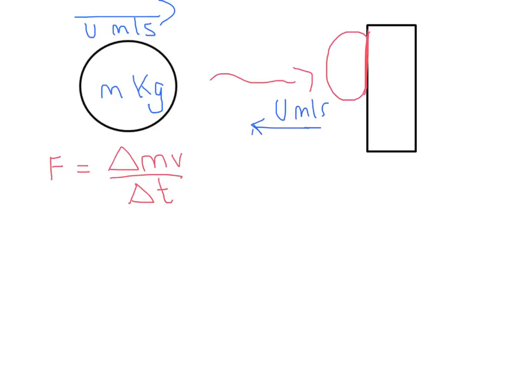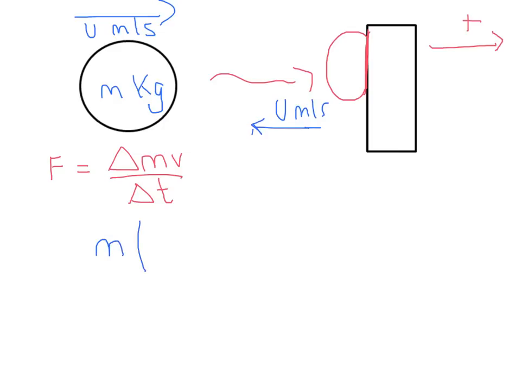Okay. So, like I said before, first thing, let's define our positive direction. So I'm going to say it's to the right. So first of all, if we want to calculate the impact of the ball on the wall, we need to know what the change in momentum is. So let's do that. So the mass isn't changing. We're not doing some sort of nuclear physics. It's not a rocket. It's a ball, so it's going to have the same mass. Okay. So the mass is going to be the same. So momentum change,